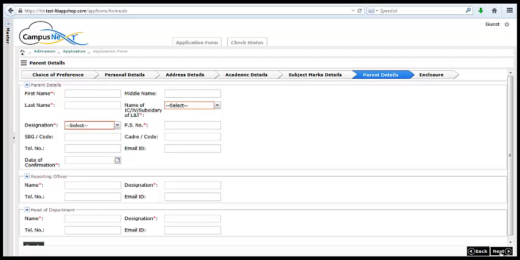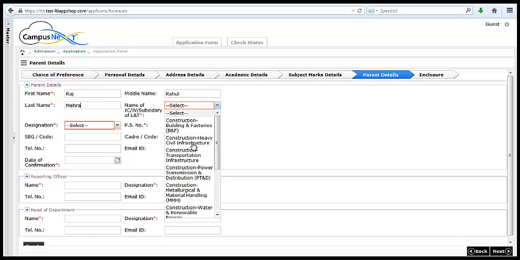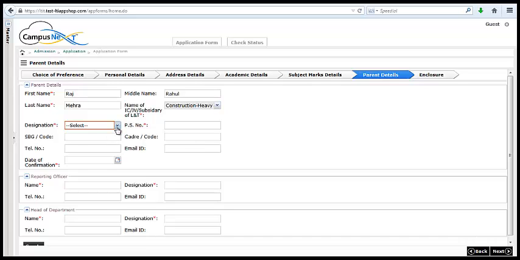This tab is the parent detail tab. Fill in all the mandatory details and all the required fields. For example, first name Raj, middle name Rahul, last name Mehra. Here I'll select civil infrastructure. Designation, say executive. PS, it should be an appropriate PS number. For example, say I'll put